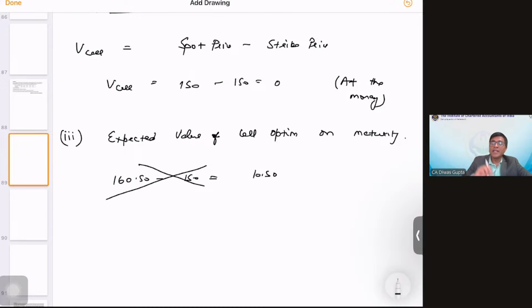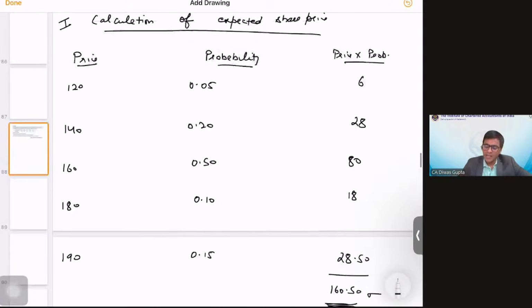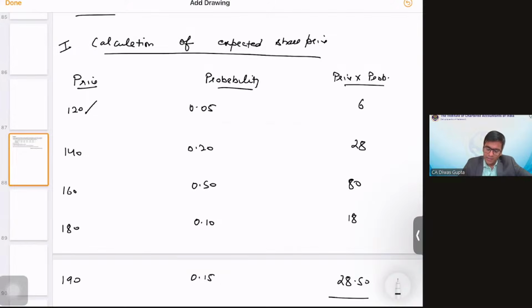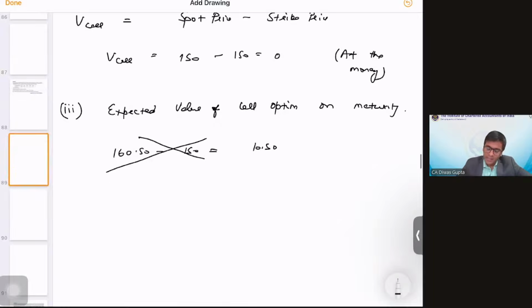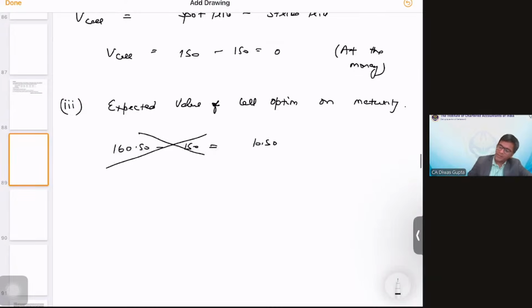So in this, again, as I said in the first question, we are making an inherent assumption that even if the price is 120 we are gaining, at price 140 we are gaining, but it's not the case because the strike price is 150. So hence taking this assumption is wrong. Let's write it as well. Why is it wrong? In the